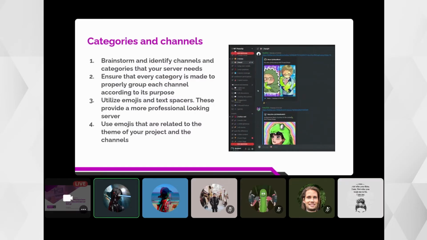Every channel has its corresponding category as well. Like in this example, every channel is grouped. This is more for organizational purposes. As per our first lesson, we mentioned that we should be able to organize our server properly, including these channels and proper categories, so that people will not be confused when they come into your server.